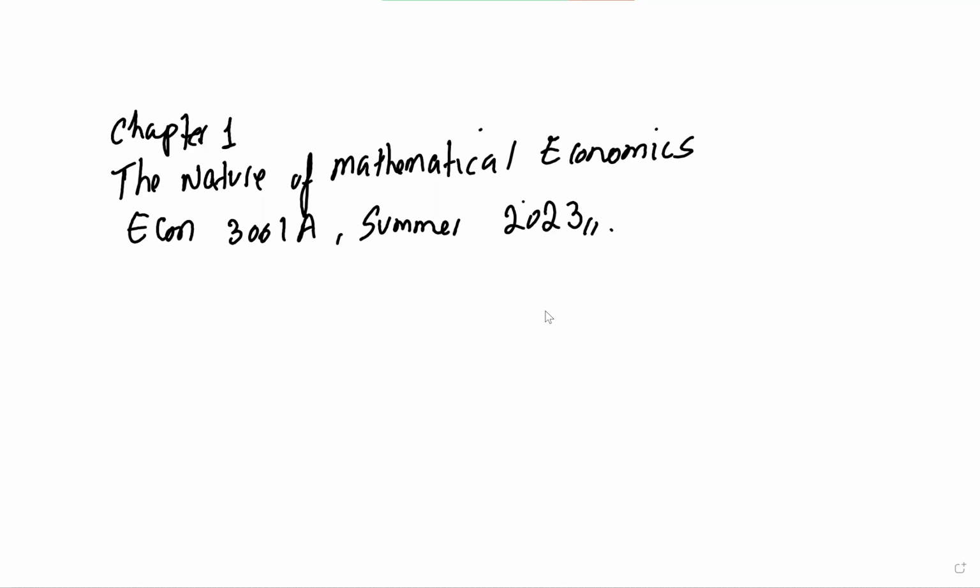This is Ahmed again. We're going to start with chapter one. Chapter one of the textbook is the nature of mathematical economy. What do we mean by the nature of mathematical economy? The purpose of this course, Econ 3001,